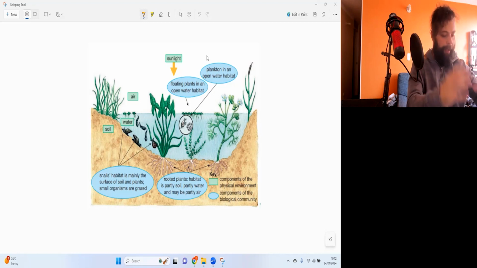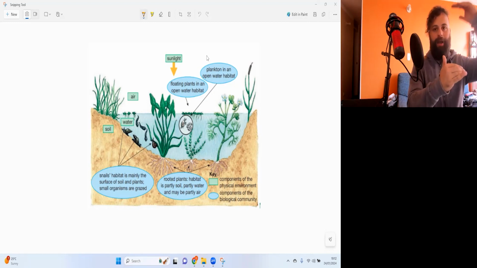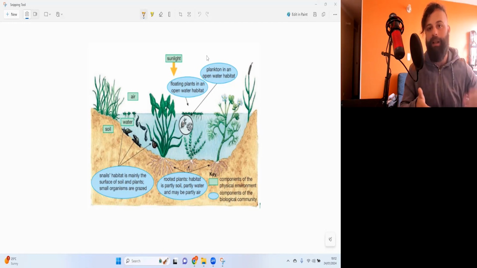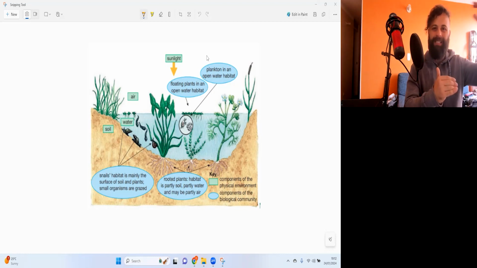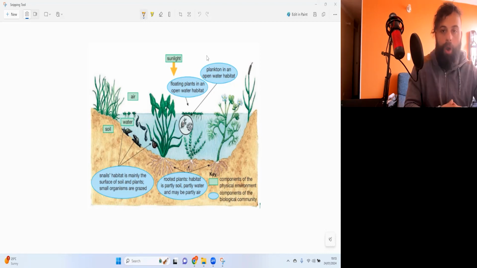Even if, for example, let's take this pond. We've got some pondweed that will feed the sardines, and the sardines get eaten by the tuna. But all of that energy that is flowing upwards has started from the producers. Now, you're going to learn this later on, but as you go up the energy levels, energy is being lost. So you get less and less energy as you go along, but it all started with the producer. Without the producer, none of this would start.